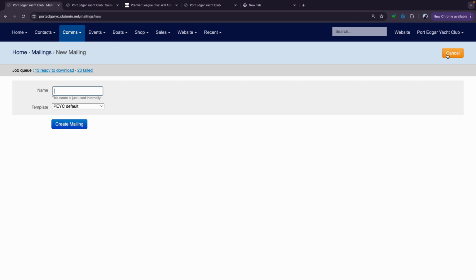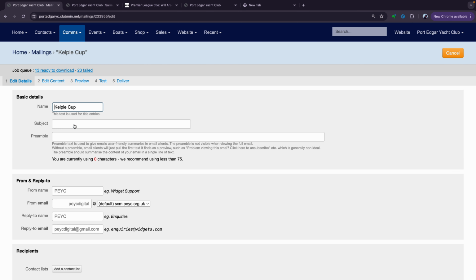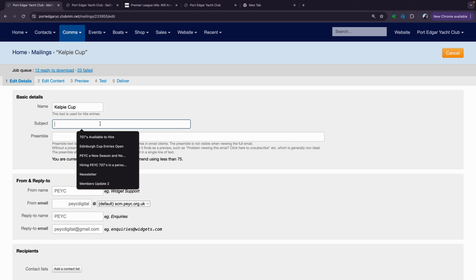And then I'm going to send an email about the Kelpie Cup and the fact there's some spaces on Hard Slog and maybe on Eurobo. So we can use the ordinary default template which has got the image on it, or you can have one without the image. So we'll keep the image,